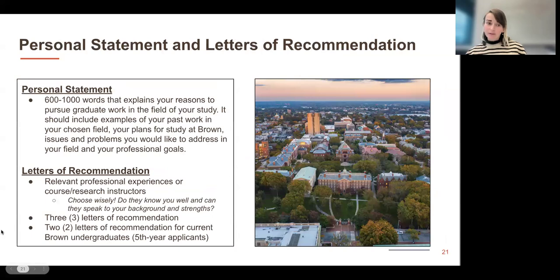Beyond that, this is our personal statement. As David mentioned, 600 to 1,000 words is about a 1 to 2 page essay. It's nothing that is more like a novel about your life. It's really a piece of work that is only in your own words. It's in lieu of an interview. It's in lieu of meeting you face to face.